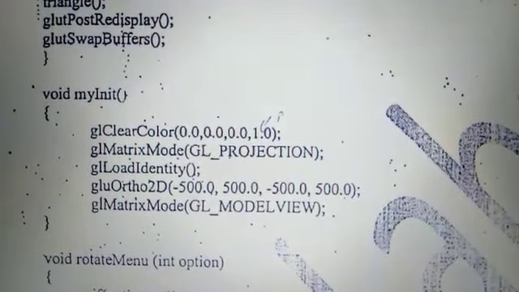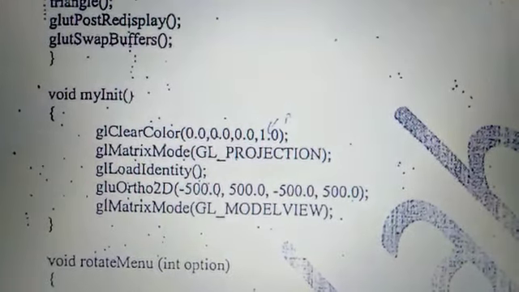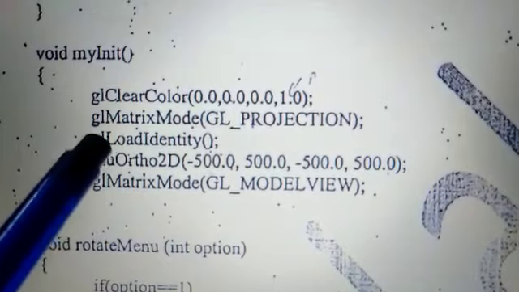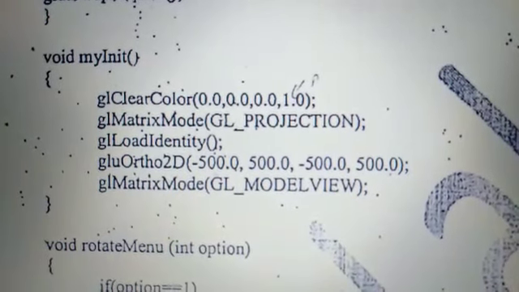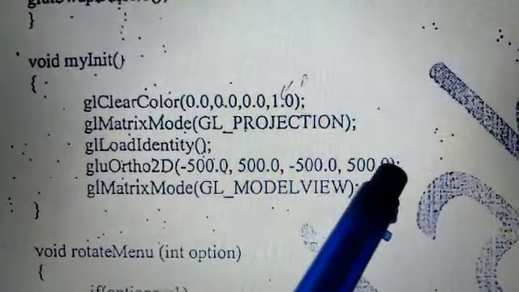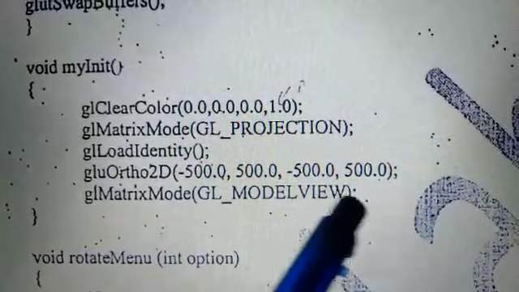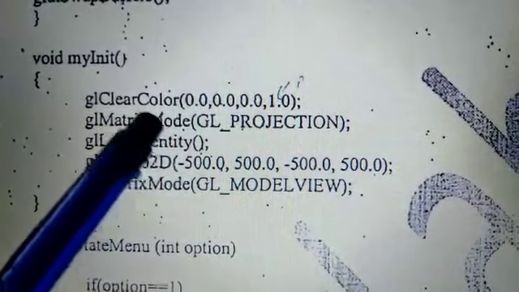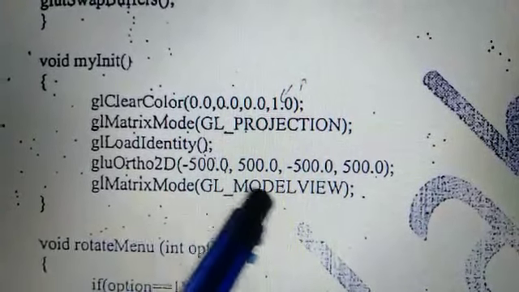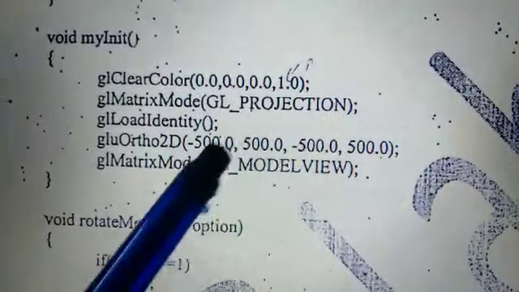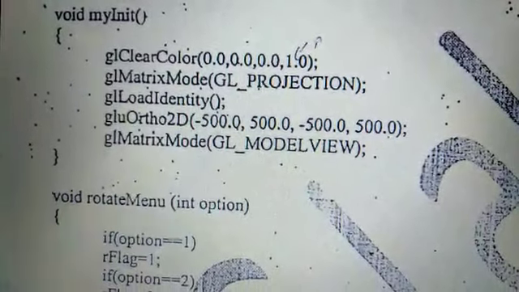Since we have GL_PROJECTION, we go with the projection of matrices. If we have projection of matrices, obviously we are loading it with the identity matrix with the function glLoadIdentity. Then we go with the orthogonal projection with respect to -500, 500, -500 and 500. These values once again you can change and see what changes you would be getting with respect to the orthogonal projection of that object. So combining these two, we would be having matrix mode with respect to GL_MODELVIEW. This will combine the model as well as the identity of that particular object matrices and provide the projection of that object onto the display.